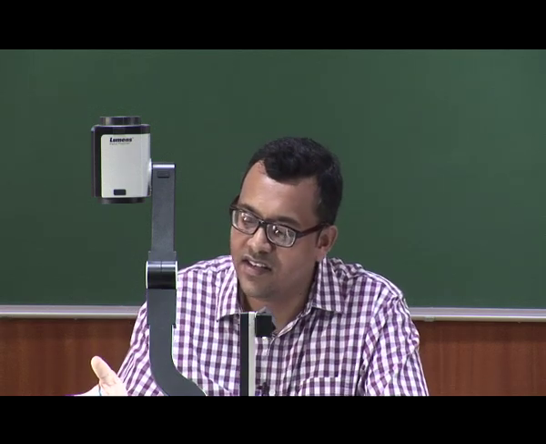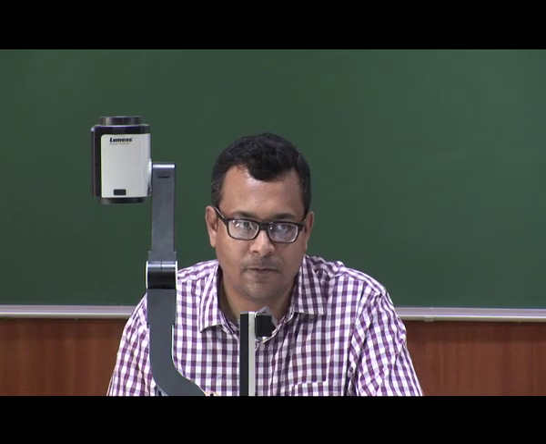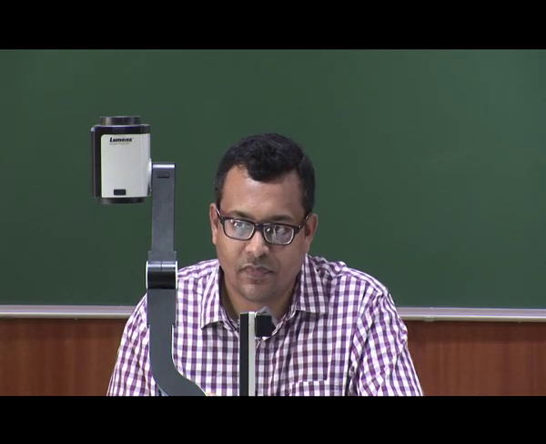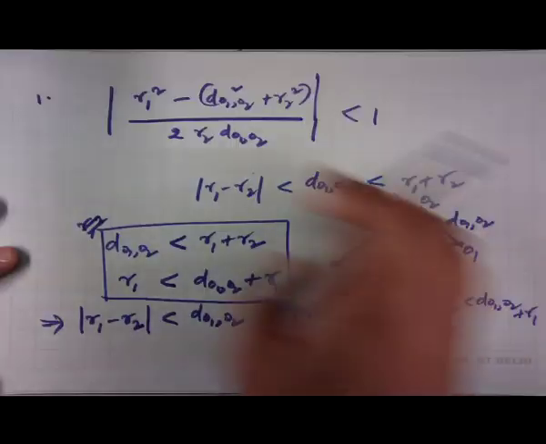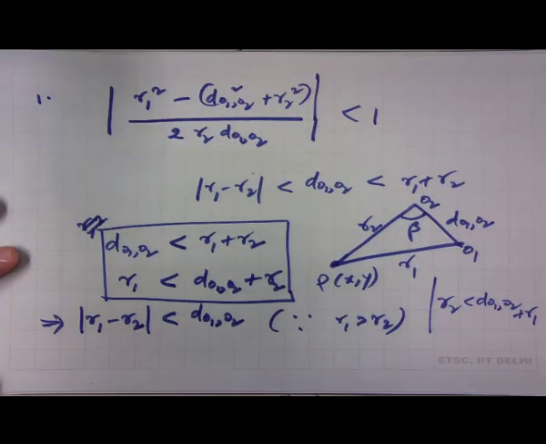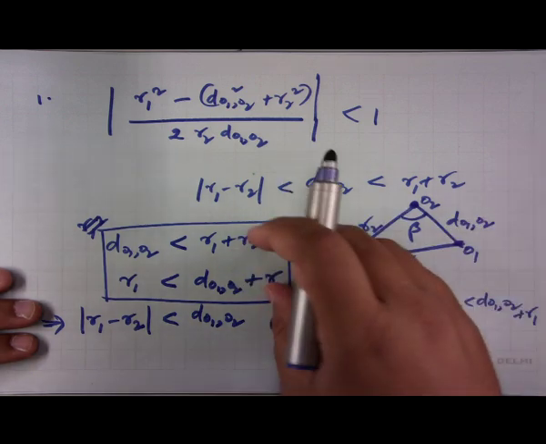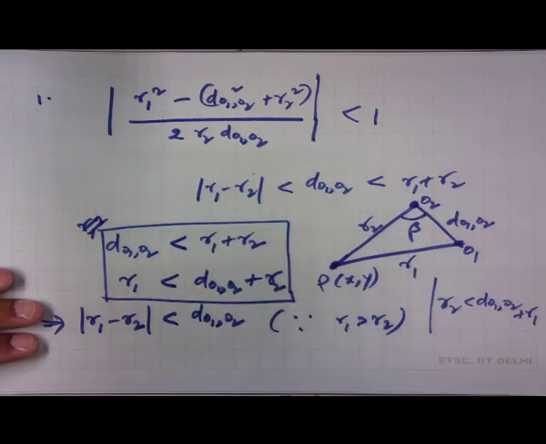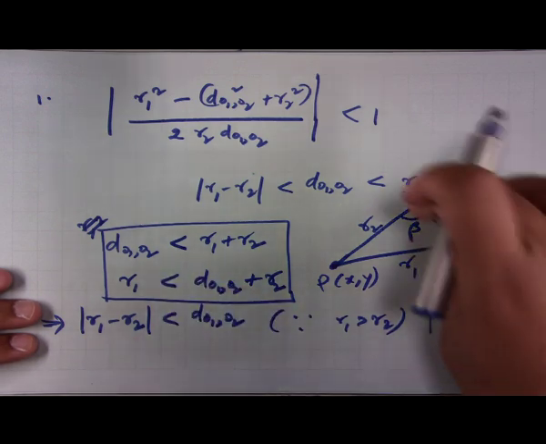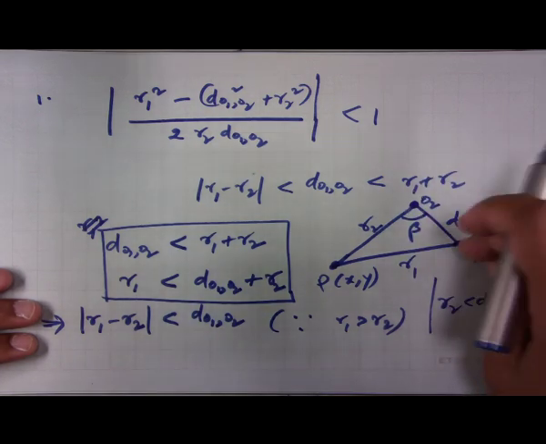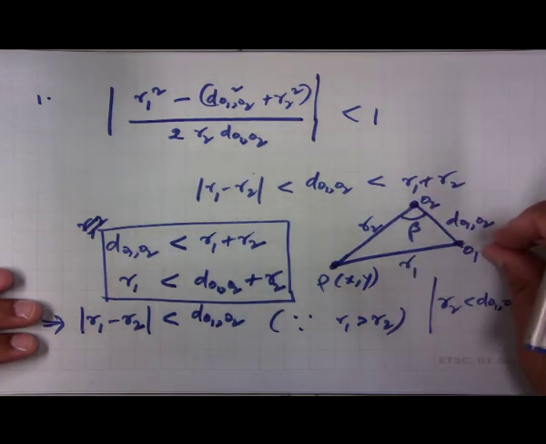And then we can just take the argument backwards, and if we take the argument backwards, it is not very difficult to show that the two triangles will intersect, and they will exactly intersect at this point P, because since these three numbers R1, R2 and d O1 O2 satisfy this triangular inequality, a triangle must exist with two of its vertices as O1 and O2,